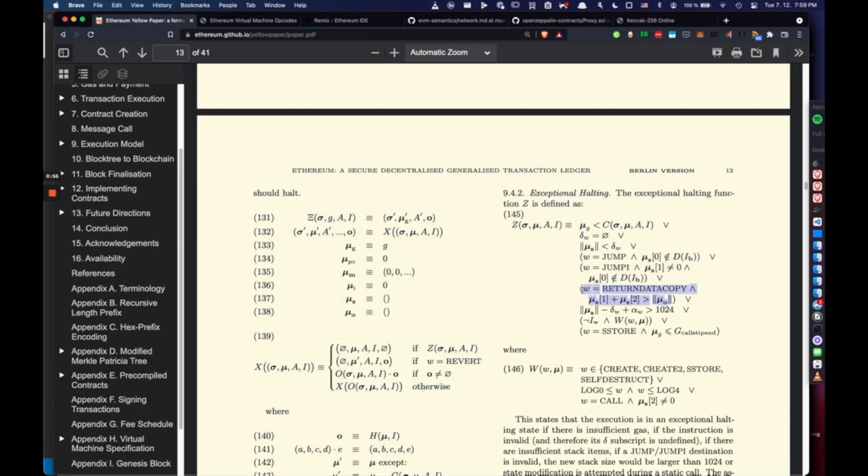Return data is slightly different from call data in that you can never exceed its length. So if we have return data copy, the zeroth element, so mu s0, will be the destination, so memory, and then this will be the offset of return data, and this will be the length, how much we want to copy. So this would be Stack Overflow. This would be